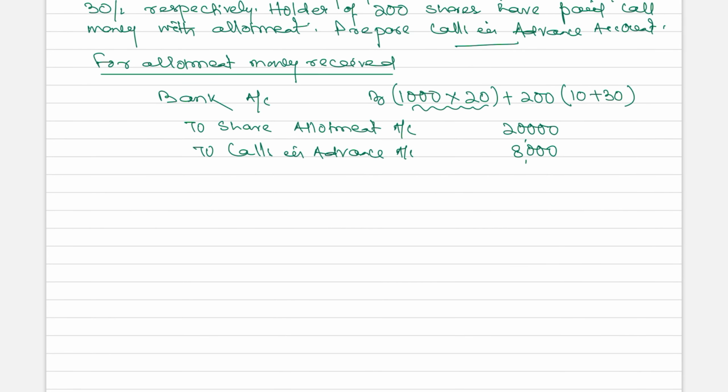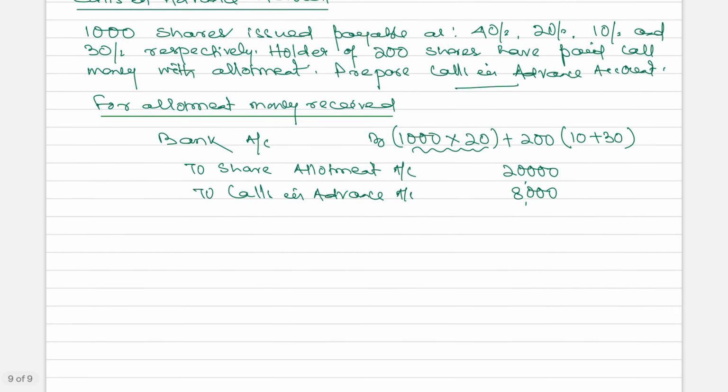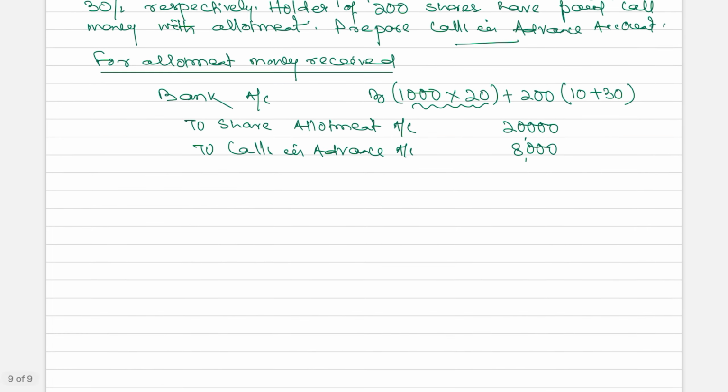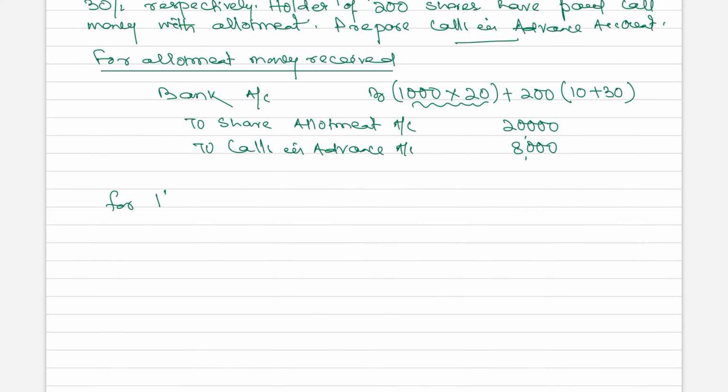At that time the entry would be to share allotment, to share first call 200 into 10, to share second call 200 into 30. Now the first call due entry will be share first call account debited to share capital 1000 into 10, and when we will receive the first call money, for first call money received, the entry will be bank account debited